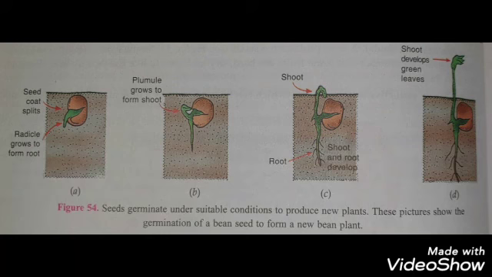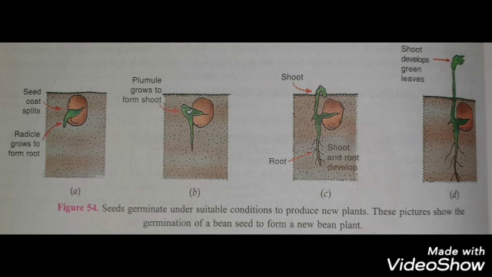When a seed gets water, air and warmth, it begins to grow. When a seed begins to grow, it is said to germinate. Therefore, the beginning of the growth of seeds is called germination of seeds. After the germination of the seed